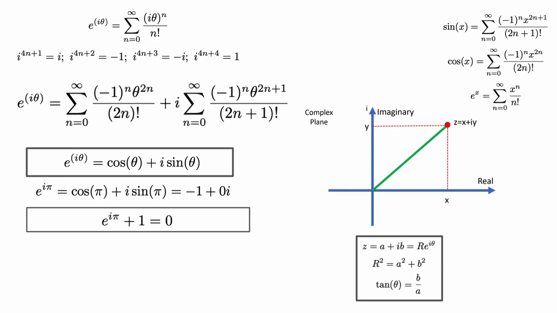Taking a look at the complex plane with the imaginary axis on the y-axis and the real axis on the x-axis, we could see that any complex number z could be expressed as a plus i times b, where a and b are real numbers. Instead of expressing a complex number as a plus ib, I could write this as r times e to the i theta, where r squared is equal to a squared plus b squared, and tangent of theta is equal to b over a. This makes multiplying and dividing complex numbers a lot easier, because instead of messing around with conjugates,